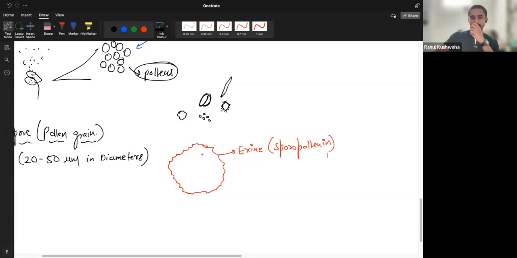A simple answer is, do not cover the exine fully around the pollen. So the exine has some holes. It will have holes at different places. But these holes won't be very big, very small holes. And within the exine lies the